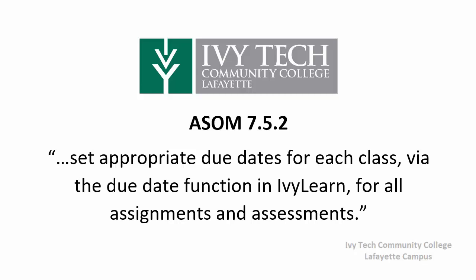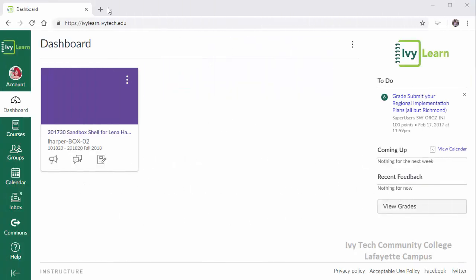ASON Policy 7.5.2 states that all faculty teaching online must set appropriate due dates for each class via the due date function in IvyLearn for all assignments and assessments. There are several ways due dates may be assigned, including manually editing each assessment and adding a due date. By far, the easiest way to add due dates to your calendar is to simply drag and drop using the